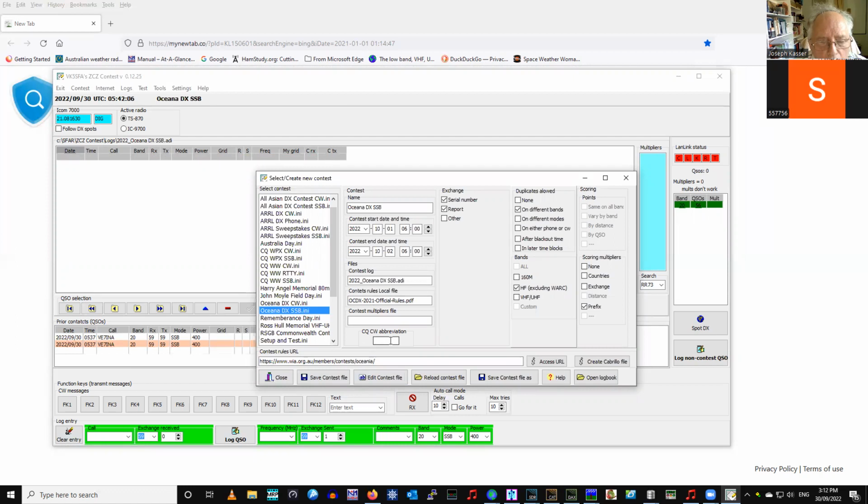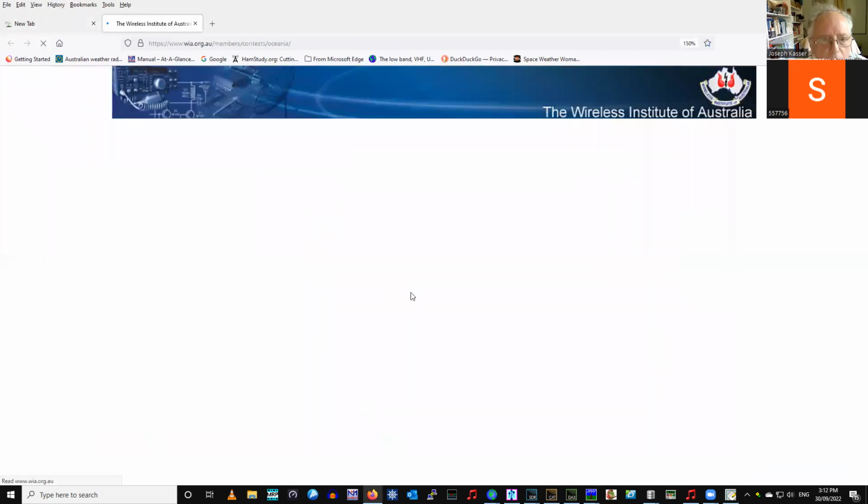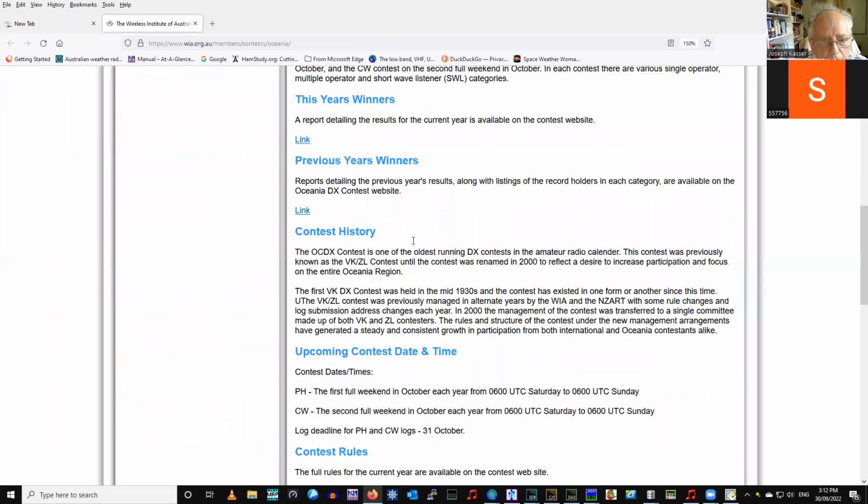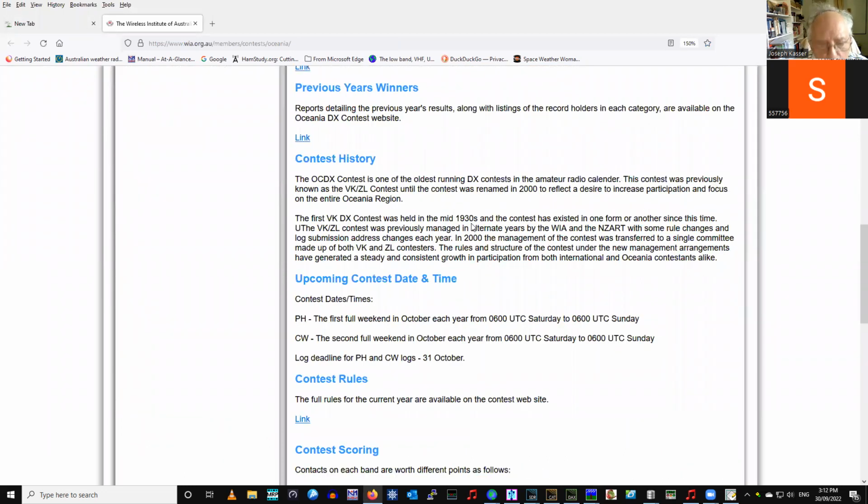Okay. You can access the rules URL by, you see that URL line in there? Yep. Go down, move across, there's a button that says access URL. Yes. You click on that, it will open up your web browser. Yep. There you go. And then you can find the rules. You can also access that through, once you've selected the contest in the main menu,